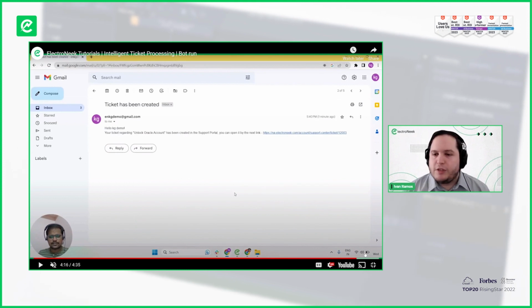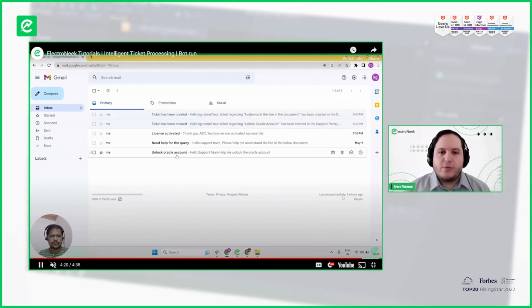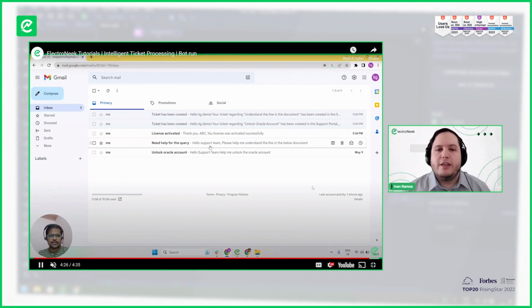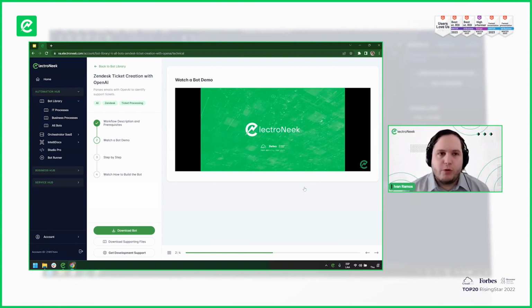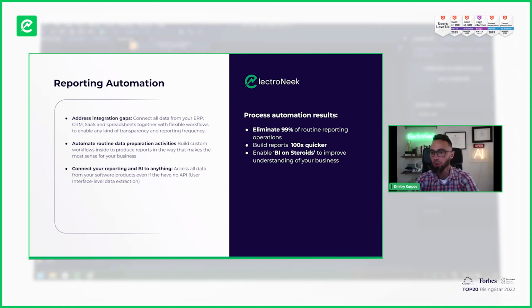Perfect. And of course, this same solution can be used for reading the contents of tickets themselves once they are already created and categorizing them. In this particular case, we're just focusing on detecting them from email and recategorizing them, but the integration and technology itself that's behind this can be used for many, many more applications. So it's very interesting to see that